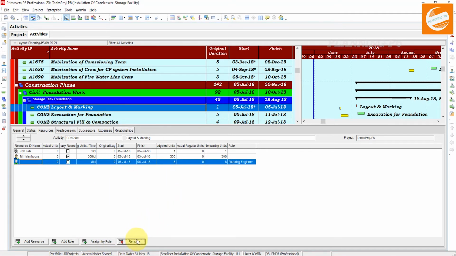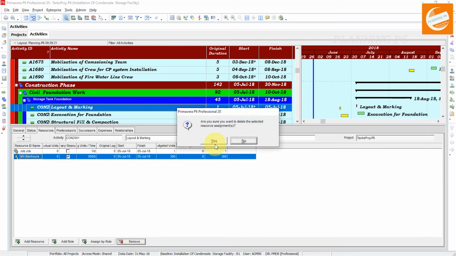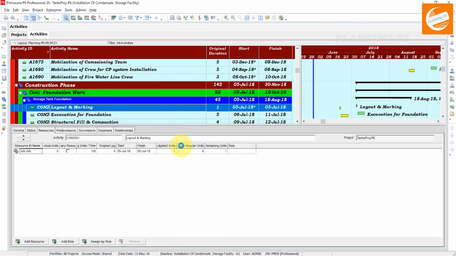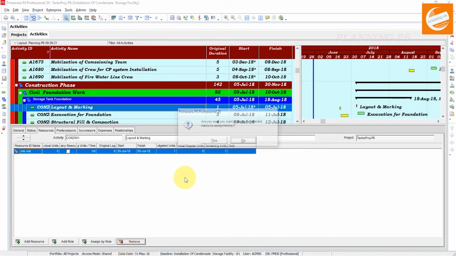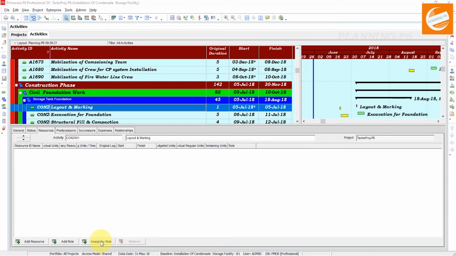If I remove, and the second option, how we can remove the role and the resources assigned by the role. Here if I assign the role, I can remove those two resources as well. Yes, no, and remove, yes, no. Here, assigned by the role.